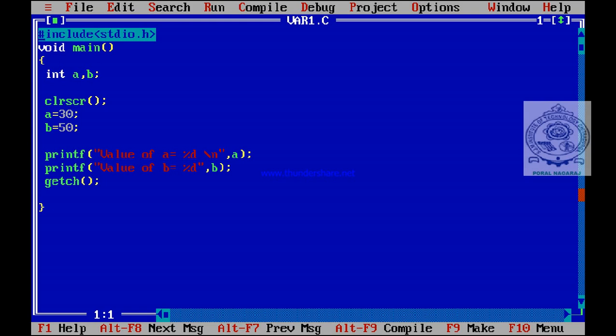In this session, I'm going to discuss the declaration of variables. Once the variables are declared, then how to read the values into variables, then a scanf statement we shall discuss, printf statement we shall discuss, if statement, if else statement, then we shall discuss while loop, do while loop, for loop and switch statement.